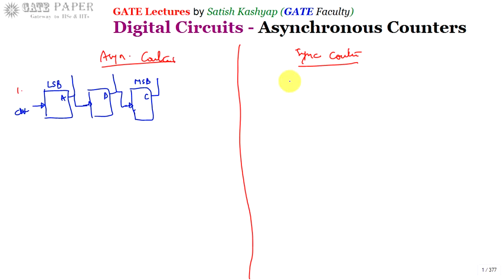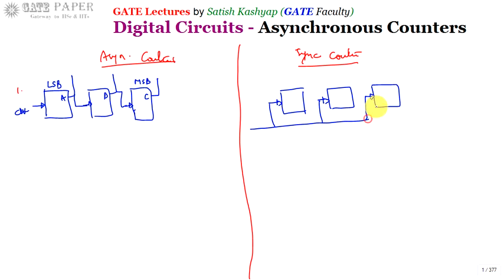Now, if we go with a synchronous counter for the same 3 bits, in synchronous counters the clock is connected to all flip-flops simultaneously, because every flip-flop requires a clock pulse. So now look at this one. All the flip-flops have the external clock applied simultaneously, and the outputs are taken from the outputs of the flip-flops. Here it is A, B, C, and it has to be mentioned in the problem whether A is MSB or C is MSB.